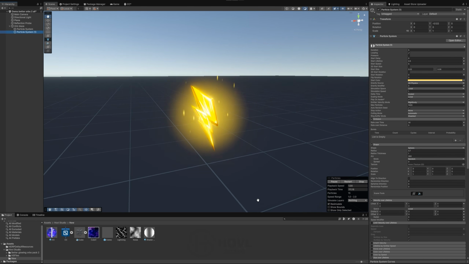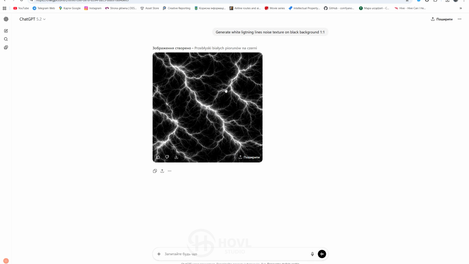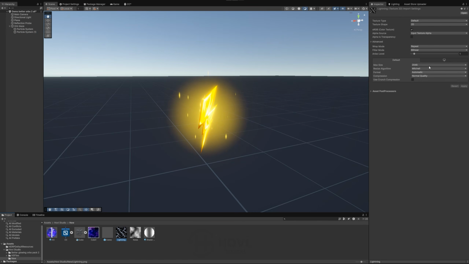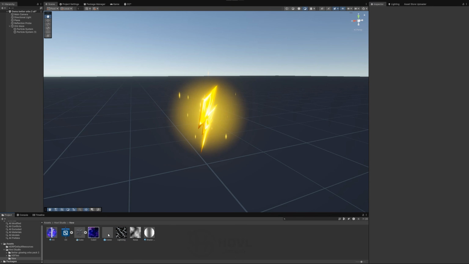Now let's add some lightning. You just can generate a lightning using ChatGPT or any other AI. Then import this texture into Unity, set alpha source from grayscale, create a new material for this lightning,